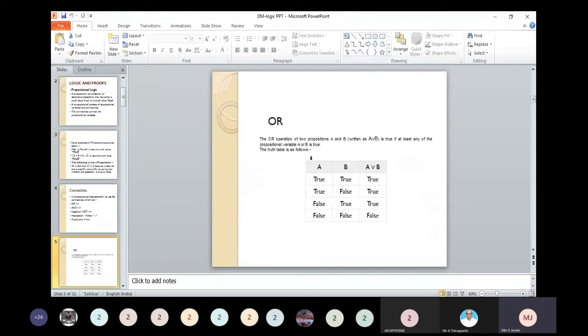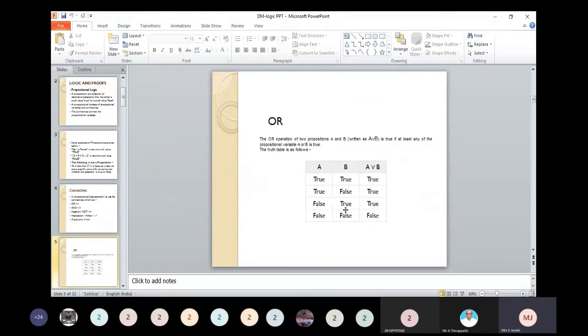First, what is OR? In the OR statement, this is called a truth table. Take any two statements, that is, propositions A and B. Here A and B are any two propositions. This is the value. True means what? The proposition A takes the true value and proposition B takes the true value, right? So A or B means what? The disjunction of A and B.